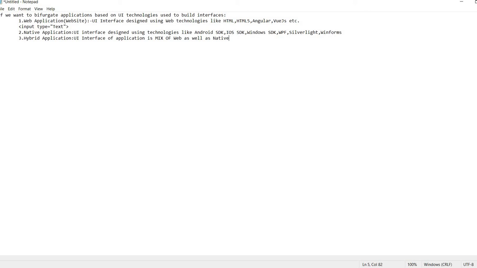Basically the browser, WebKit it is called, in terms of mobile applications. You can design such an interface where a few controls are native controls, but for a few things you need the support of a browser integrated into the form of your application.